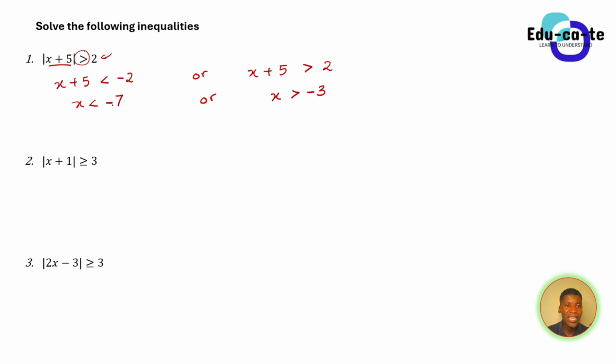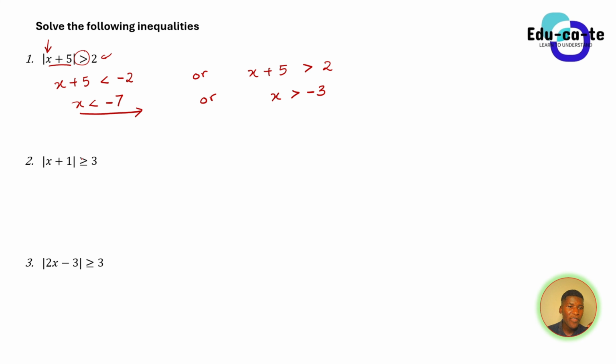You can put any values that are less than -7 here, substitute them for x. For example, if I put the value maybe -10, -10 plus 5 will just give me -5, and 5 is indeed greater than 2. So you can see that it confirms with our inequality. So you can pick values and test them out here and substitute them where there is x and try to see what is your solution giving you the same thing as the inequality requires.